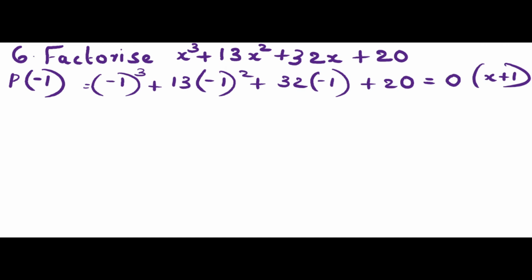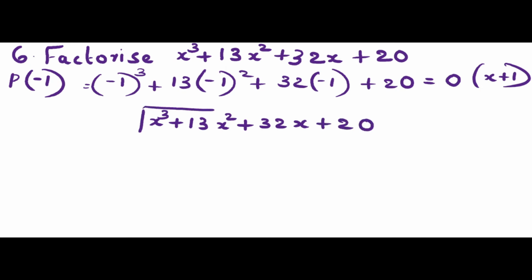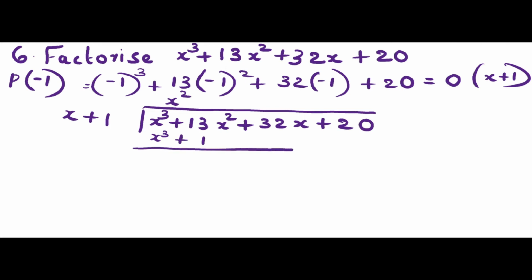So I got x plus 1 as a factor of this polynomial. So I can divide this polynomial by x plus 1 and can go for factorization. First you have to divide this polynomial by x plus 1. X cube by x will give you x square. X square into x plus 1 gives x cube plus x square. Then you have to subtract: x cube minus x cube is 0, 13x square minus 1 x square is equal to 12x square plus